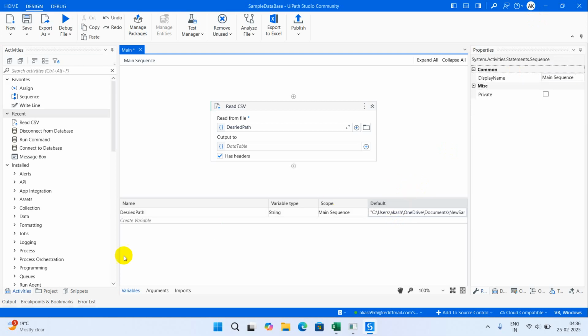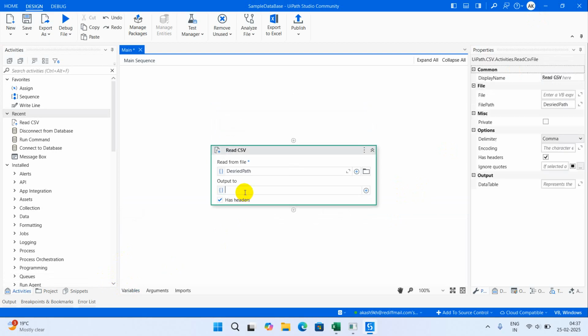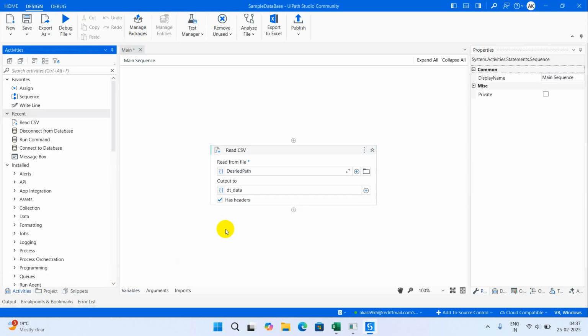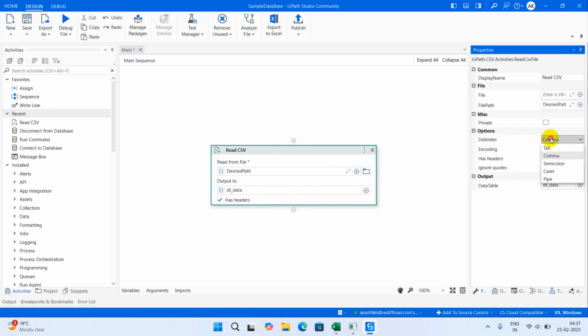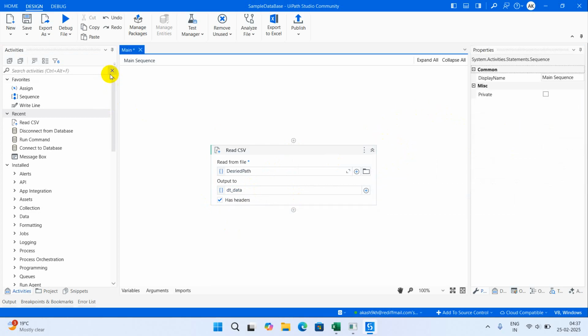Okay, and this data table, the 700 rows will be saved into the data table. So Ctrl K, dt data, that's it. The CSV has headers, so ensure that this tick mark is done, and the delimiter is comma itself, and that's it. Once data is read, then you can